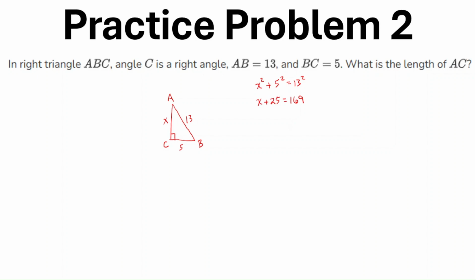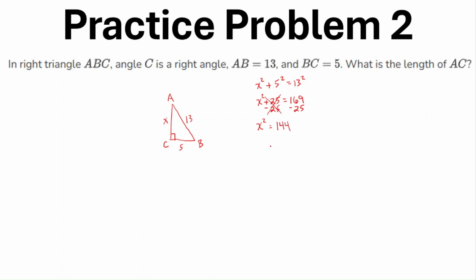We need to move the 25 to the other side of the equation. We do that by using the opposite of what is there. The opposite of plus 25 is minus 25. And whatever I do to the left side, I must do to the right side. Plus 25 minus 25 on the left cancels it out, and that leaves us x squared. On the right side, 169 minus 25 gives us